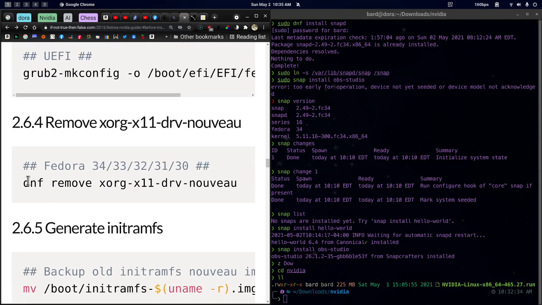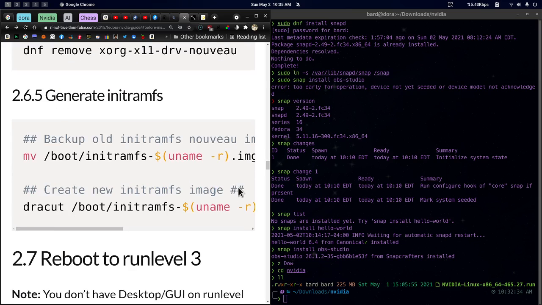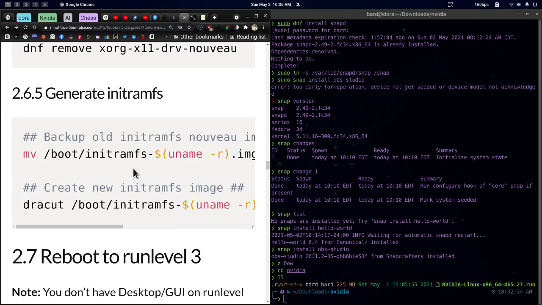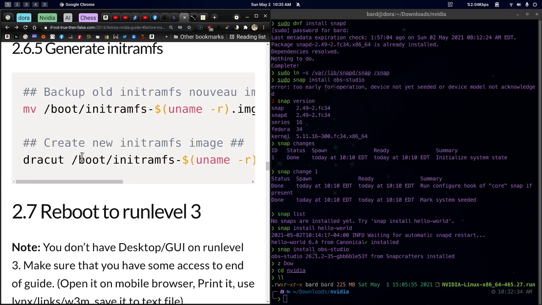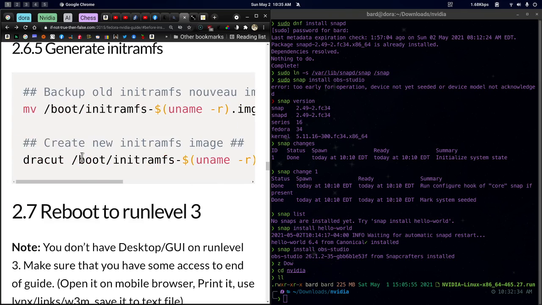And then we do a DNF remove xorg-x11-drv-nouveau. So far, so good. Then we back up our old kernel. In case something goes wrong, we can always boot with the old kernel. And then we create a new kernel here with this kernel, which does not have the nouveau driver. And then